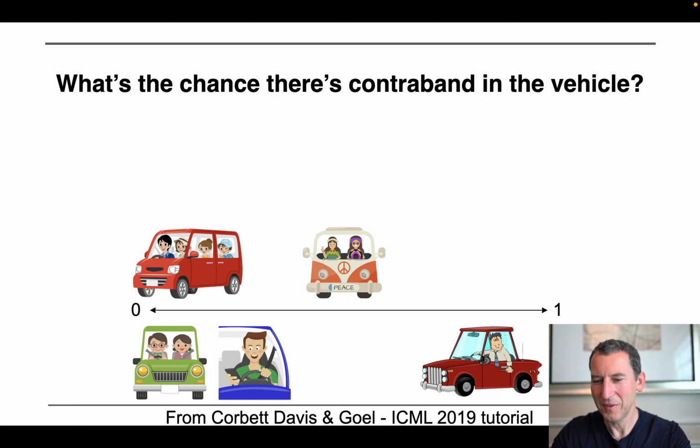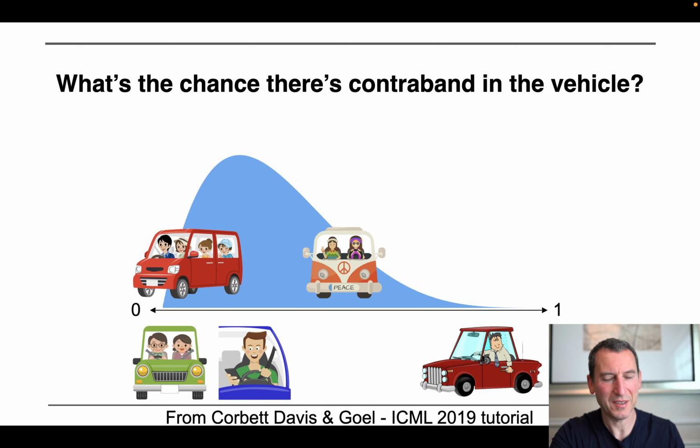So if you were a police officer, and we look at the distribution of cars that he sees, basically this curve is the frequency of cars that he would see on any given day with a certain chance that there's contraband. Well, he probably sees very few drunkards, thank goodness, and I guess most people are like this guy here. I'm definitely also guilty of that crime occasionally, but basically he needs to make a decision at some point, such as, well, maybe to